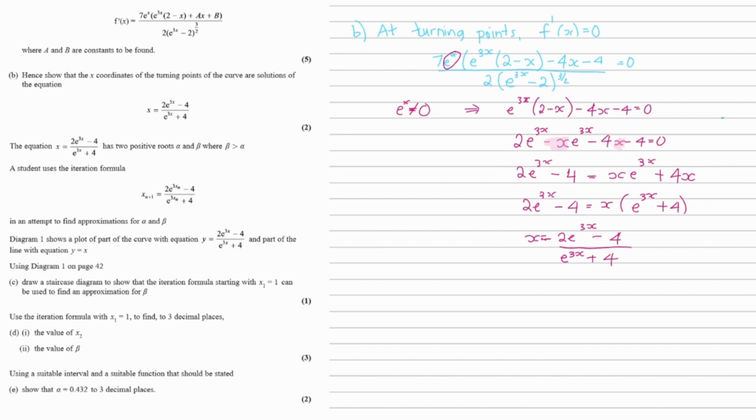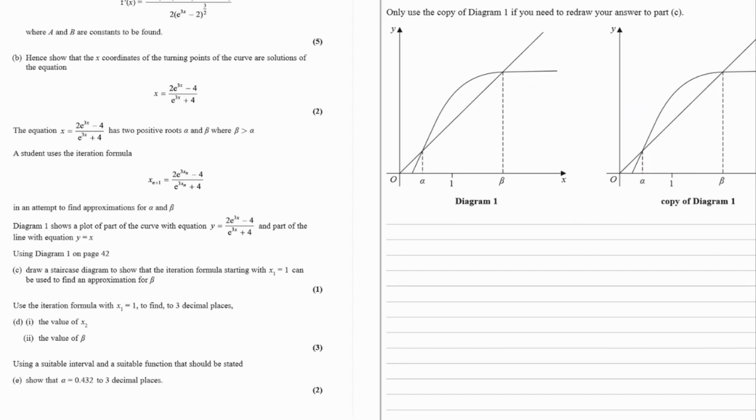And we have now shown that as required. The next part says the equation x is equal to (2e^(3x) − 4) over (e^(3x) + 4) has two positive roots alpha and beta, where beta is greater than alpha. The student uses the iteration formula x_(n+1) is equal to (2e^(3x_n) − 4) over (e^(3x_n) + 4)